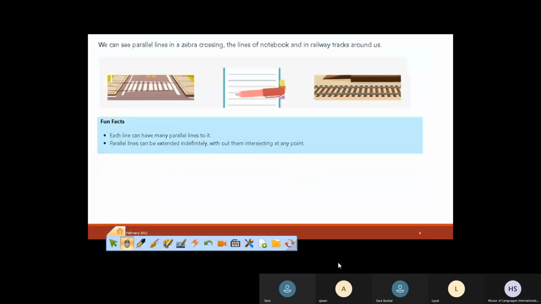Now, one of the facts we know is that each line can have many parallel lines to it. What do I mean? If I have here